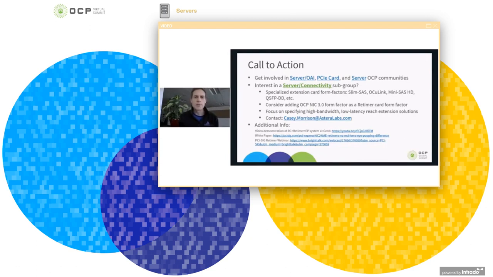We also want to gauge interest for a possible new subgroup, a connectivity subgroup, basically focusing on specifying high bandwidth, low latency interconnect solutions between OCP systems, like the Open Accelerator baseboard, other kinds of systems, JBOX, JBOG, etc. This could involve or include specialized extension cards that have different form factors, like SlimSAS, Oculink, or maybe even an OCP NIC form factor. If you do have interest in such a thing, please contact me,